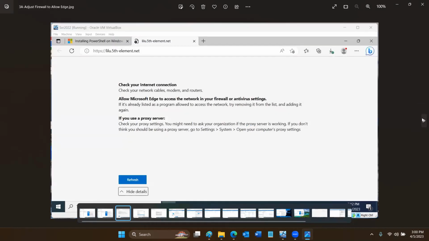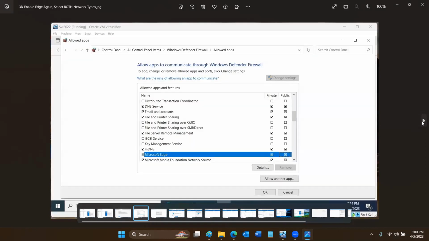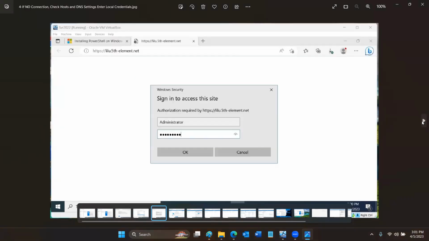When you try to connect to your own machine after you install it, you might get an error message that says, allow Microsoft Edge to access the network in your firewall or antivirus settings. So you go into your firewall, you disable it first, and then you re-enable it. So that's part of this, right? Now, once I did that,